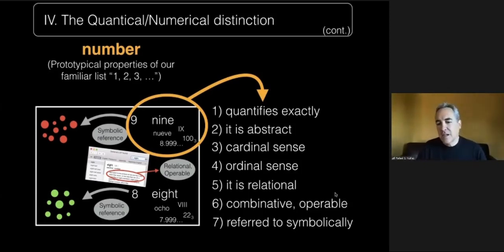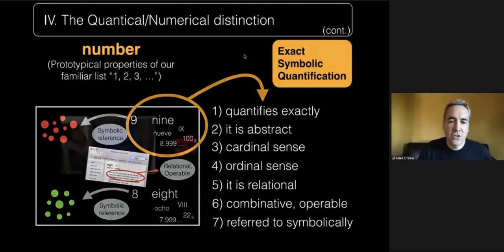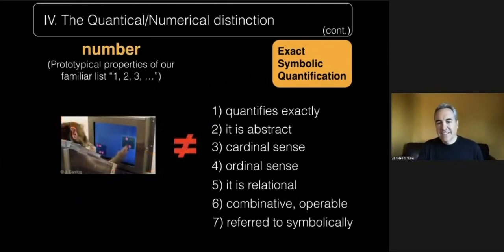And all these are referred to symbolically. And that is a crucial property that we have every time we invoke this counting sequence. So that is exact symbolic quantification. So number, taken with these properties, I would just use it as meaning exact symbolic quantification in the case of the most prototypical case as they're used. Now, of course, it doesn't include, let's say, infinitesimal numbers and transfinite numbers because they develop after this, but they're